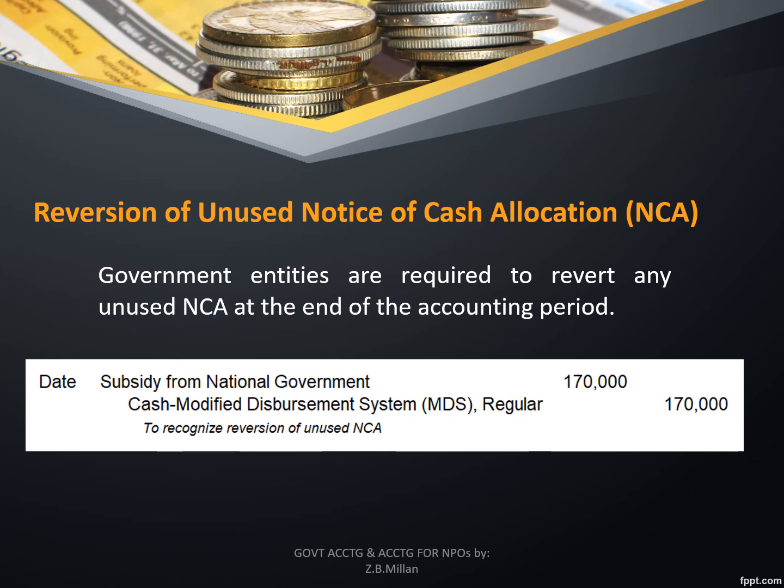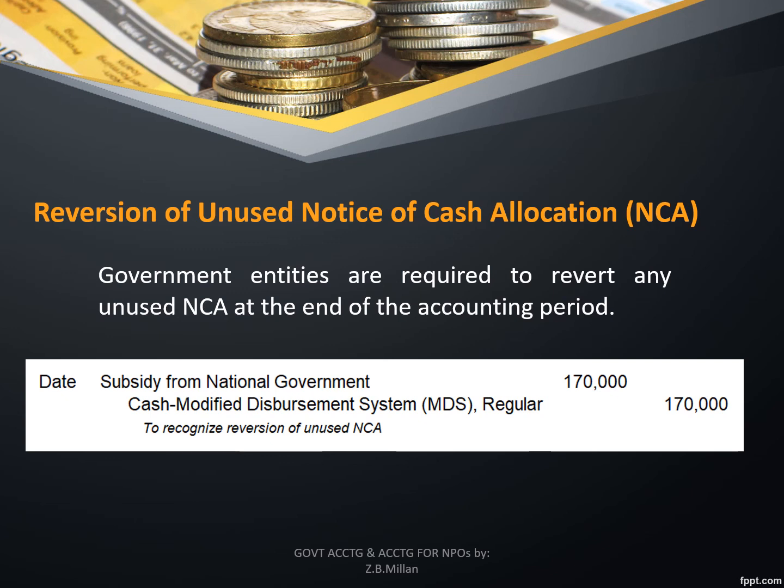So, hindi naman kasi at all times is na utilize yung ating notice of cash allocation at 100% or hindi ito na utilize in full. So, anong nangyayari kapag ang ating notice of cash allocation by the end of the quarter ay may naiwan na unused portion? Simple lang, ang mangyayari dito is ibabalik natin yung unused portion ng notice of cash allocation pabalik sa